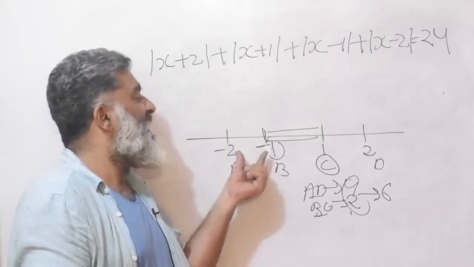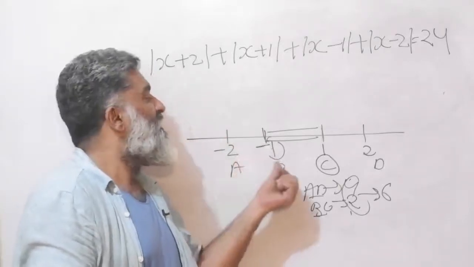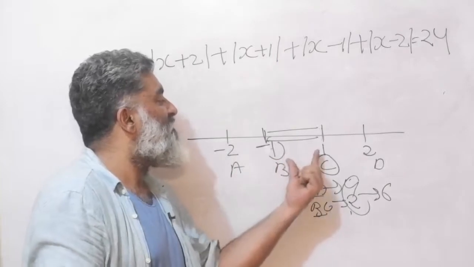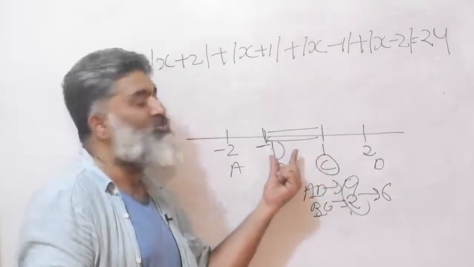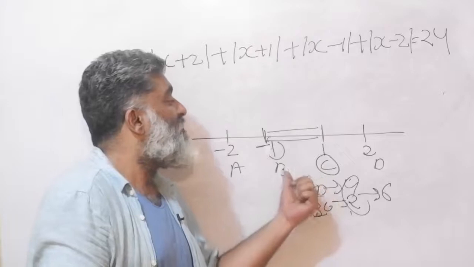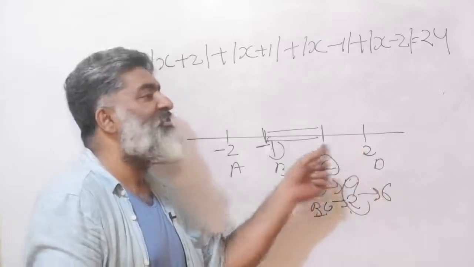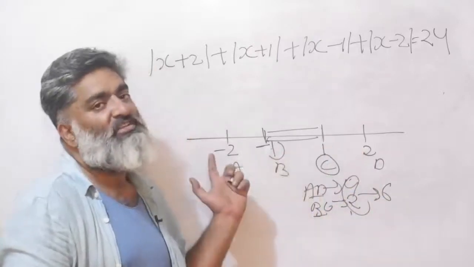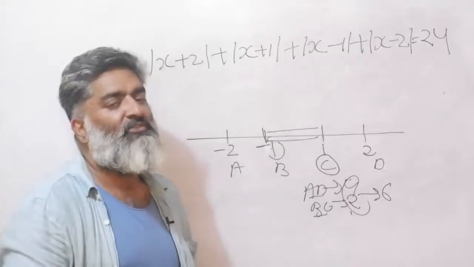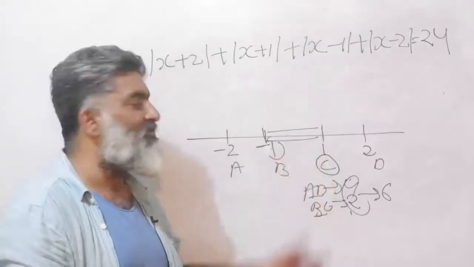If you are at B, A will have to travel 1 unit. If you are at B, C will have to travel 2 units. 1 to minus 1 is 2 units. So total is 3. And if you are at B, D will have to travel 3 units. 3 plus 3, a total of 6 units is covered. So try that story for yourself and you will see the same game is happening.